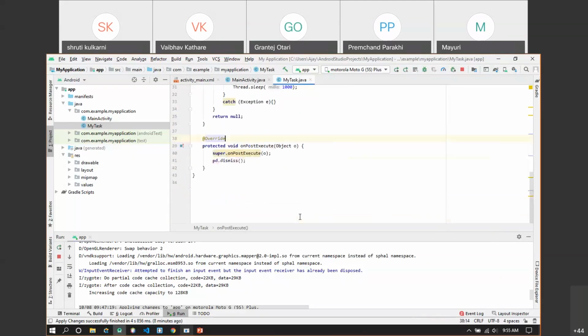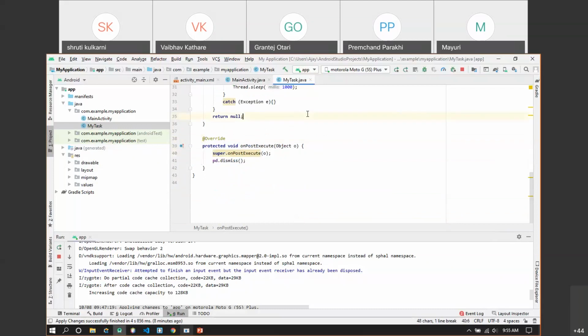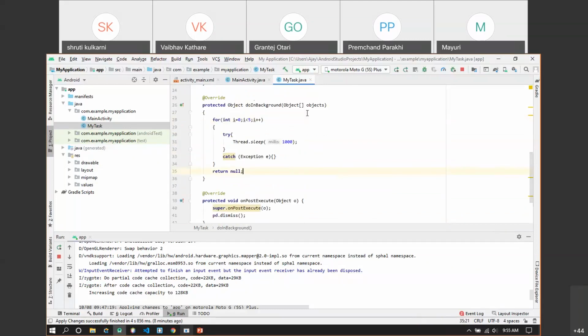and then once the image upload is complete, it will automatically call the method called postExecute. We are not interested in how much time is taken to upload that particular image. It's not possible to know how much time will be taken, and we are not interested either. The thing is, doInBackground is the method which will get called continuously till your operation is complete. So this is what we want to say.